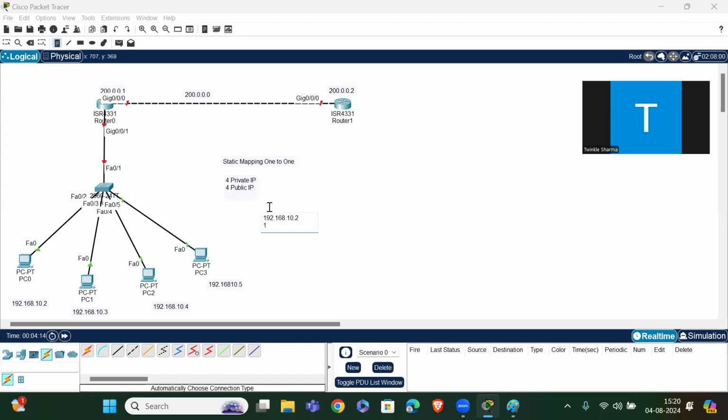So I am using these private IPs: 192.168.10.2, 192.168.10.3, 192.168.10.4, 192.168.10.5.